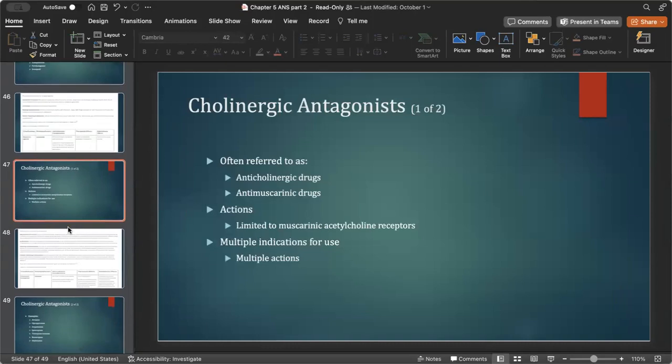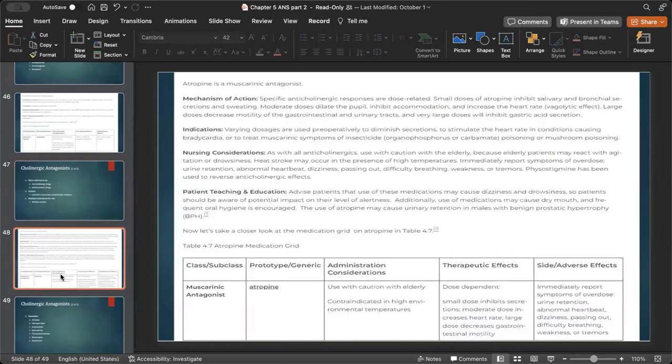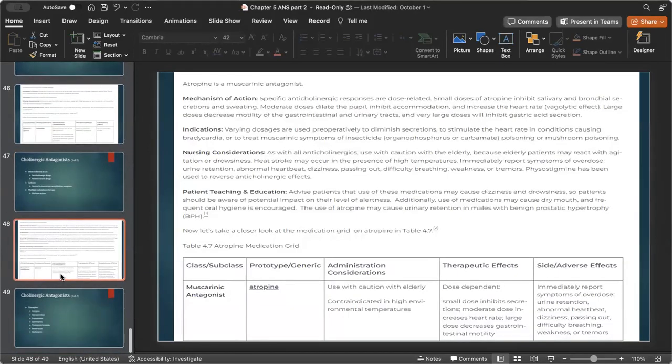Then we have anticholinergic drugs. See how they're also called anti-muscarinic drugs? That's because they block those muscarinic receptors. And we also call them anti-cholinergic, or I like to call them anti-SLUD, because they prevent that salivation, lacrimation, urination, defecation, digestion that I was telling you about. So atropine is a muscarinic antagonist. So in other words, that means that this drug blocks